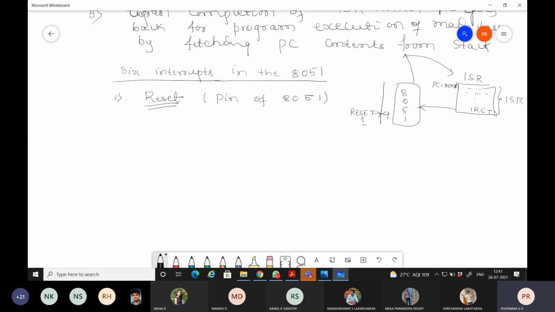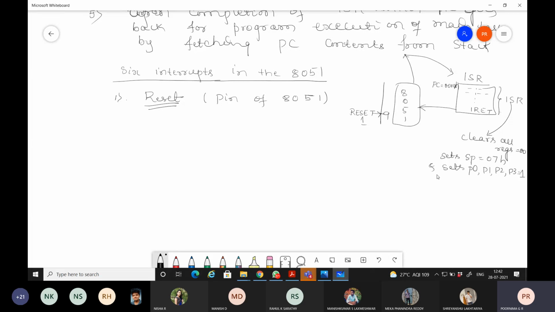When this is executed by the 8051, it clears all registers to 0, and then it sets SP to 07H, and it sets the port pins, port 0, port 1, port 2, port 3, all pins to 1.